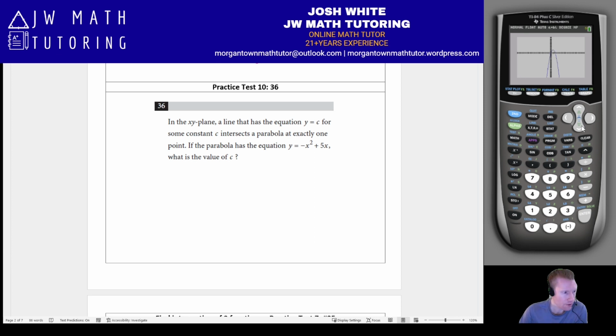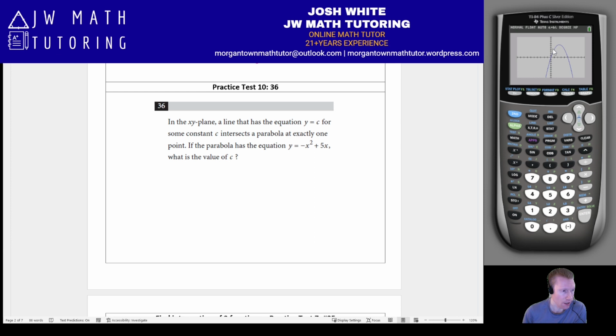Okay, once we actually, we'll go to the standard window size for the zoom, so it's a little easier to see. Okay, so hopefully you notice the only way that a line, specifically a horizontal line, can intersect this quadratic function